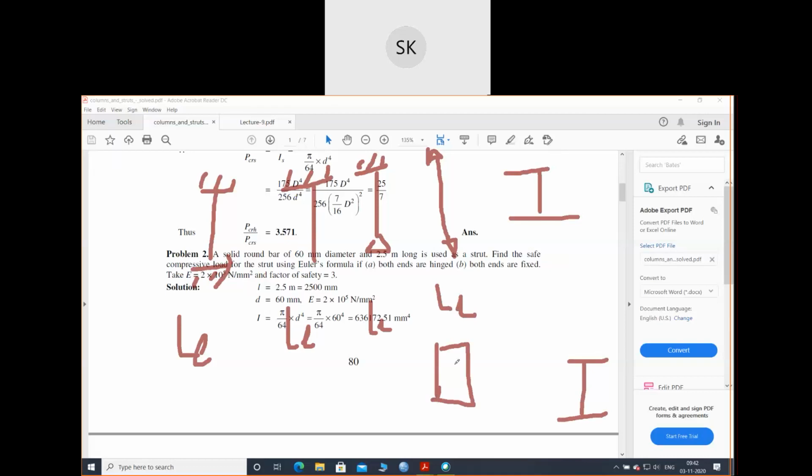For a rectangular section, like this one, there will be I along the x-axis and I along the y-axis. You have to find along the x-axis and y-axis, and take the minimum of both. In the same way for an I section or S section, you need to find the I value and take the minimum value. And some plane figures like a square or a circle, the formula is the same, like pi d to the power 4 by 64. So first is you should know the. Christina, mute yourself.